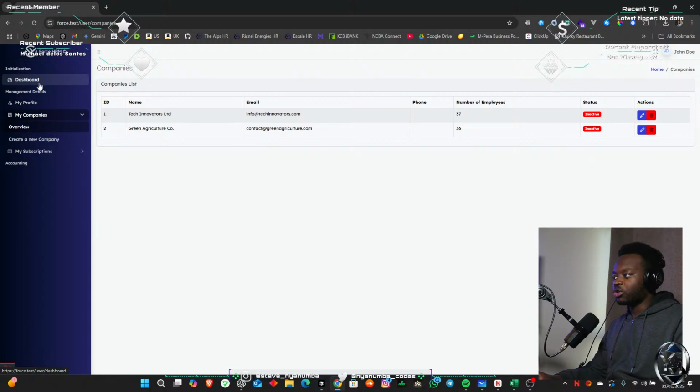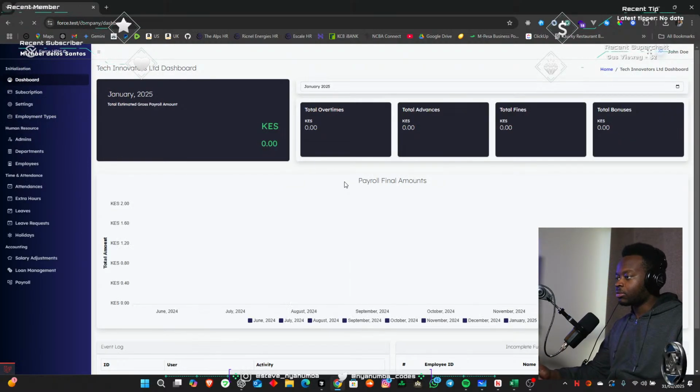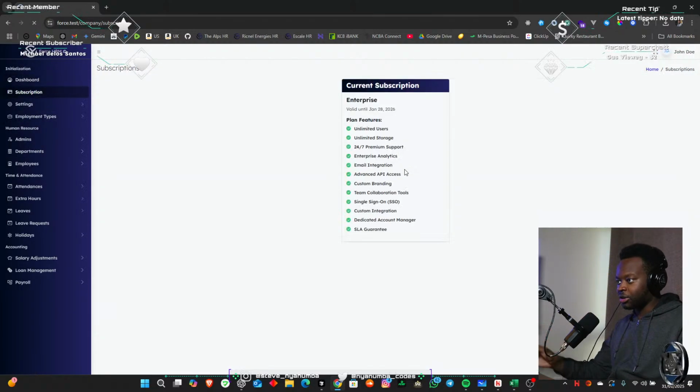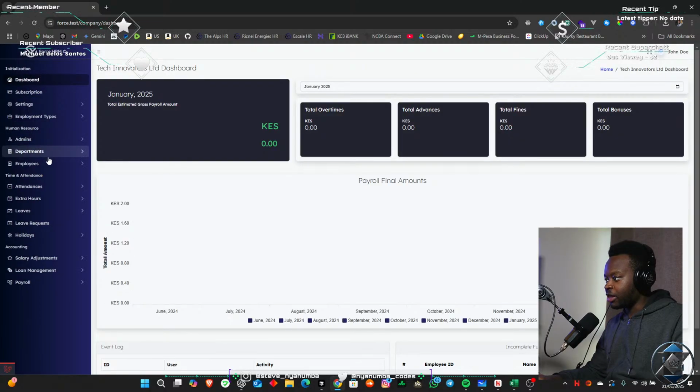When you want to go in and check out the company operations, this is what you do. You just click on View Company, and it takes you to the company dashboard. And that's how it goes. In this situation, this company has a subscription that is valid until January 28th, 2026, which is fair. But if we go now to